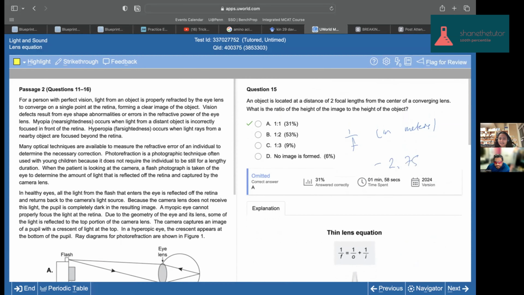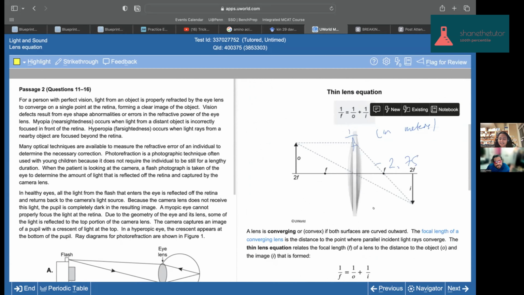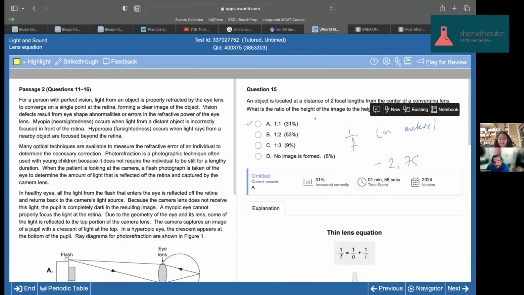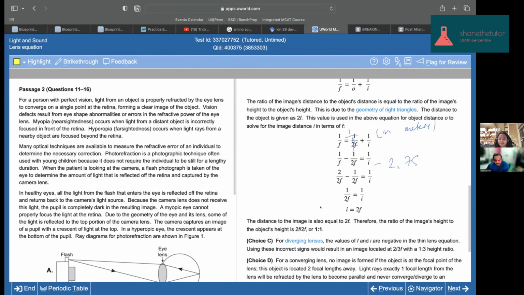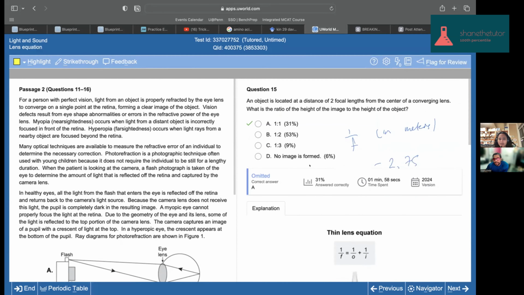And because it's located at two focal lengths from the center of a converging lens, I mean, yeah, that's a way to do it if you didn't have that table known. But even if you didn't have the table, you would still be able to solve this by equating the object to 2f. But we know that when the object is at 2f, the image is at 2f,